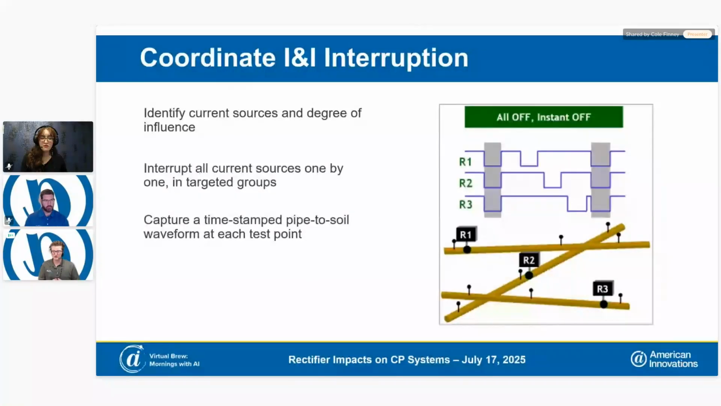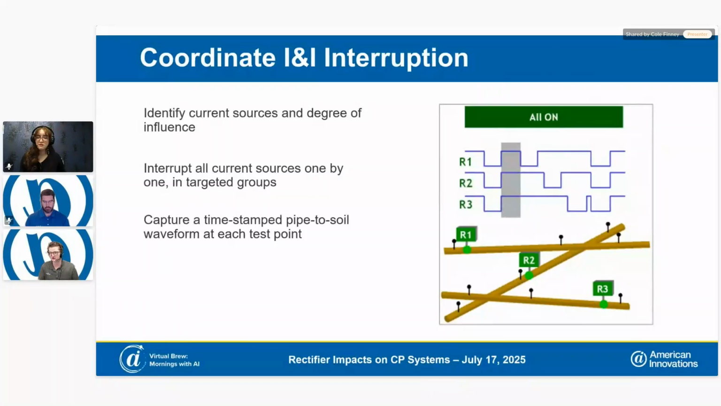And lastly, it all goes together, and you coordinate with your neighbors, utilizing Bullhorn remote monitors and Micromax current interrupters. You have to coordinate and begin an interruption cycle, a staggered interruption cycle, to begin capturing your INI data. So you're going to want to identify the various assets, I say assets, but really current sources. So in this case, rectifiers that you're going to want to interrupt and find out how they are